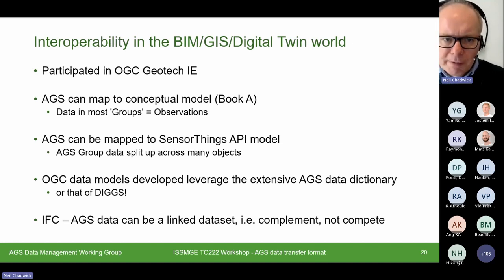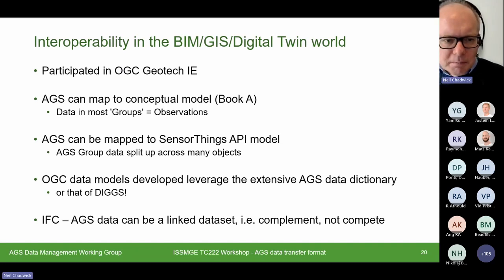That revolves around the book A stuff for the investigations, although we do find that most of our data in most of our groups actually ends up as observations in the conceptual model. We also had a look at mapping to the SensorThings API model, which could be done, but there are difficulties there because we end up with the AGS group data being split across many different objects, so it's not necessarily straightforward.